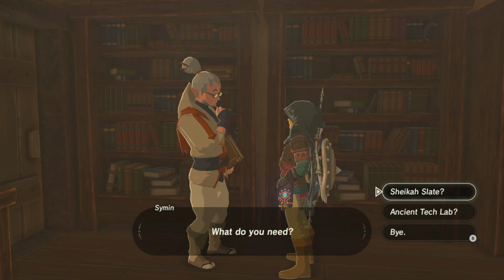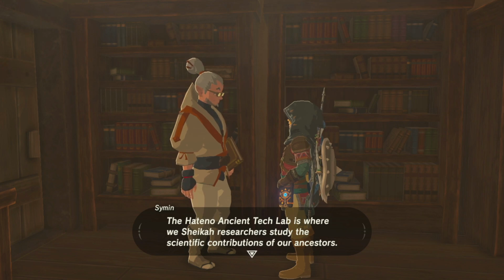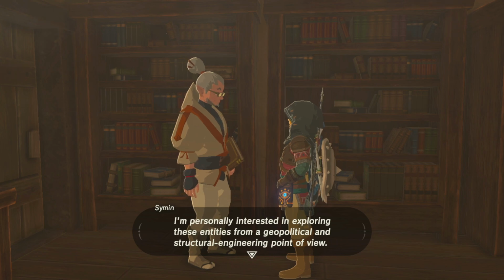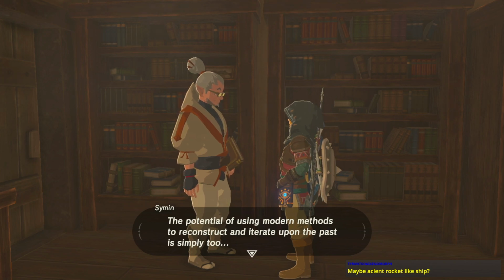What do you need? Tell me about the tech lab here. The Hateno Ancient Tech Lab is where we Sheikah researchers study the scientific contributions of our ancestors. We aim to apply our findings to the world of today and to unravel the mystery of the shrines and divine beast. I'm personally interested in exploring these entities from a geopolitical and structural engineering point of view. The potential of using modern methods to reconstruct and iterate upon the past is simply too...